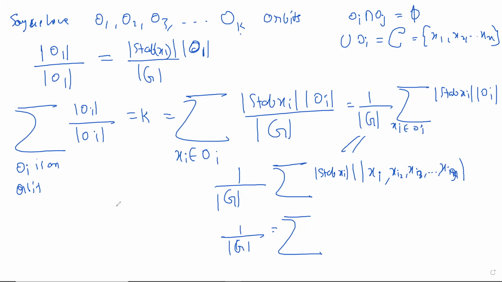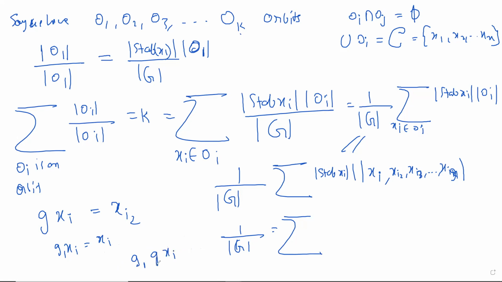So you see, xi2 is in the same orbit as xi, which means that xi was hit by some motion and you got xi2. That's why they're in the same orbit. Now, let's say that g1 fixes xi. Will g1 fix xi2 also? No, you cannot say that g1 will fix xi2 also. But I can give you something which fixes xi2.